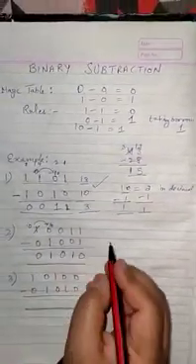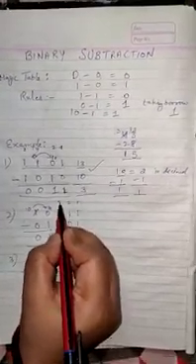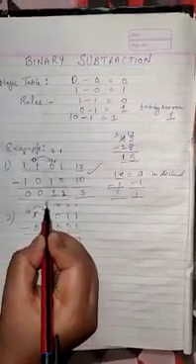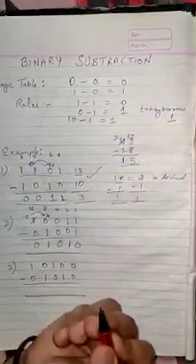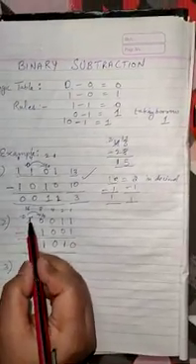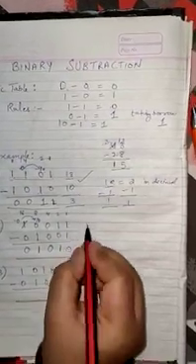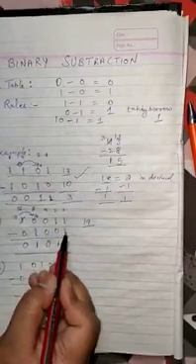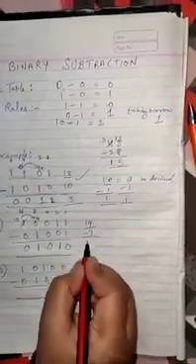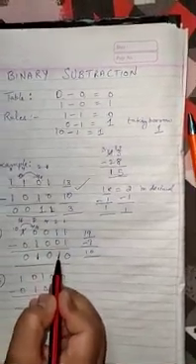To do the verification, as you can see, 1, 1 plus 1 is 2, 2 plus 2 is 4, 4 plus 4 is 8, 8 plus 8 is 16. So wherever the 1 is there, 1 was here, 16 plus 2 is 18, plus 1 is 19. Here it is 8, 8 plus 1 is 9. So it becomes 10. 8 and 2 is 10. So that means our answer is correct.